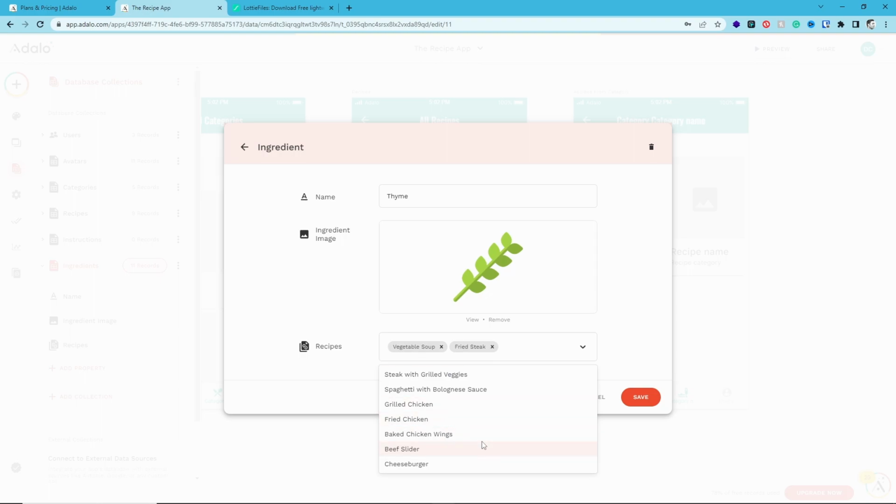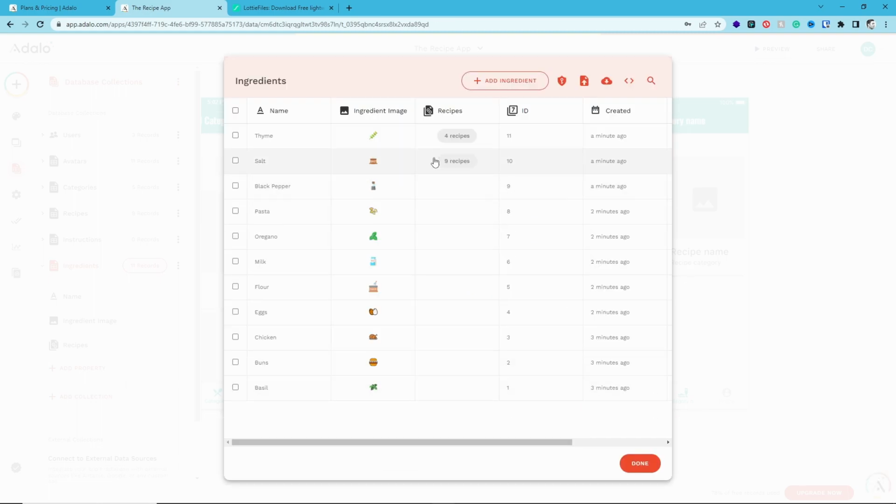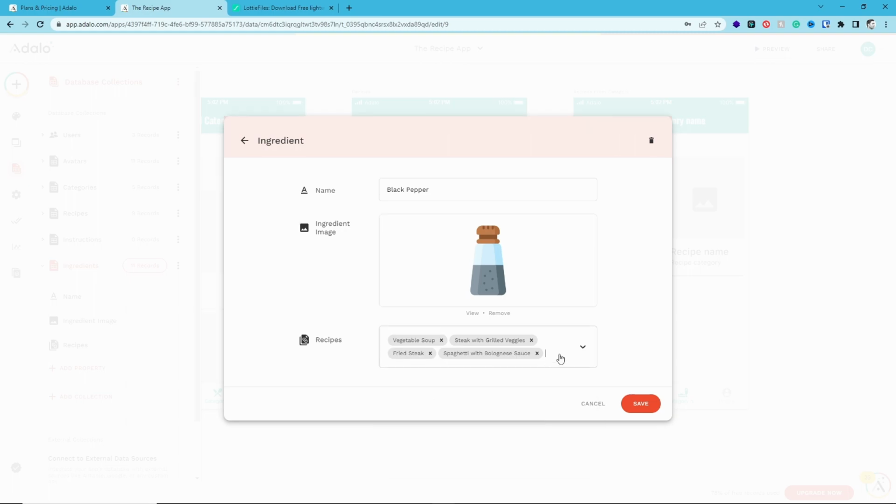Anyway, I'm getting hungry. Baked chicken wings. We can put some thyme on there. Sure, why not? Fried chicken? Grilled chicken? Sure, yep. Whatever, you guys can see this. And black pepper, this is where you start building out your back end. Vegetable soup, everything takes pepper too, because salt and pepper is really all you need with beef, honestly, you